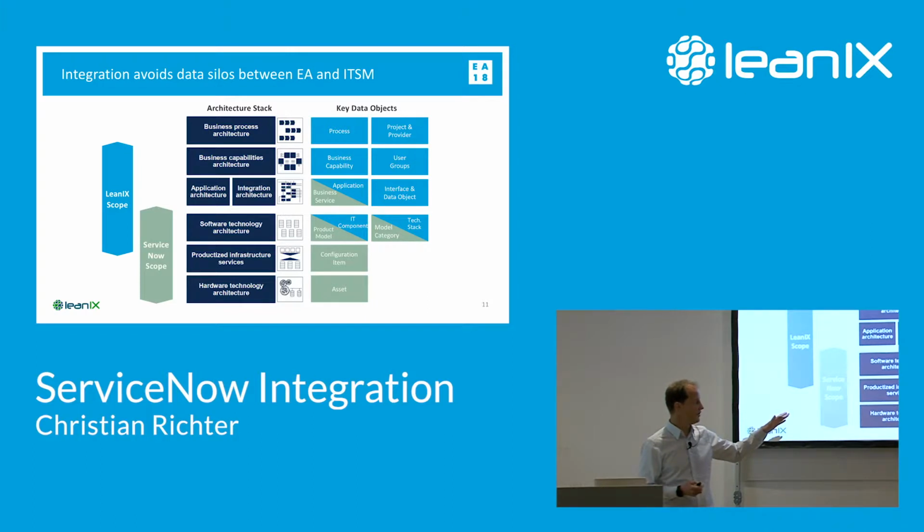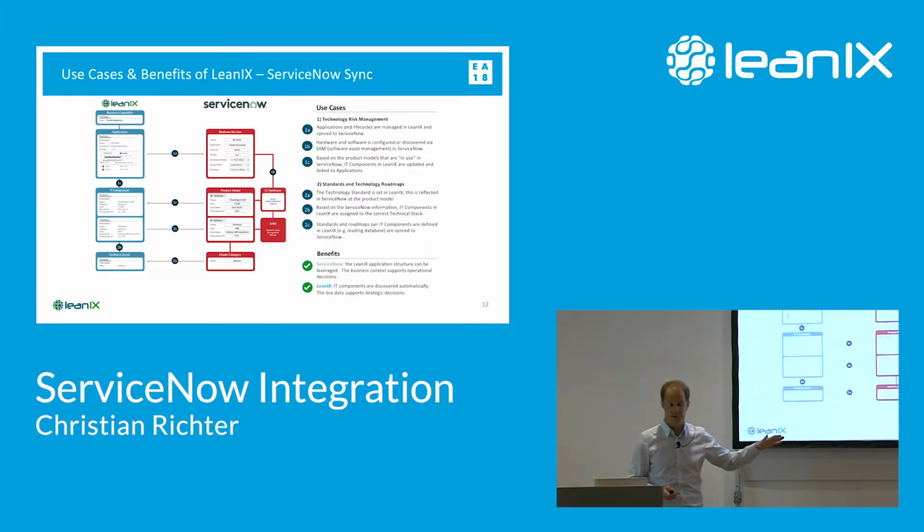We use this information, and that brings me to the next point, to be able to identify the relations on the ServiceNow side. I hope it's readable for you, and I'll guide you through that. So what we see here, I'll start here: we have an application on the LeanIX side. I just gave you the context, so we have some attributes here. We can have a lifecycle, business criticality. This one gets transferred, this is 1A, to a business service in